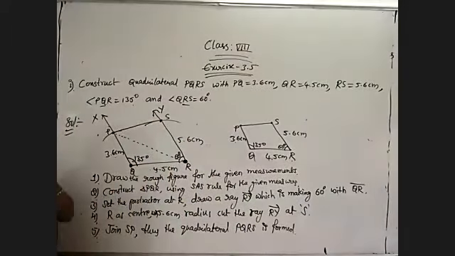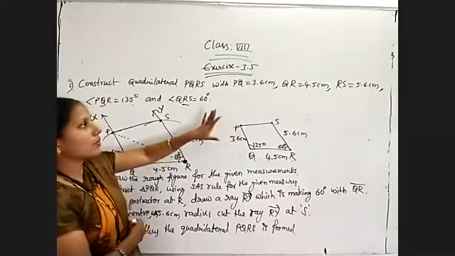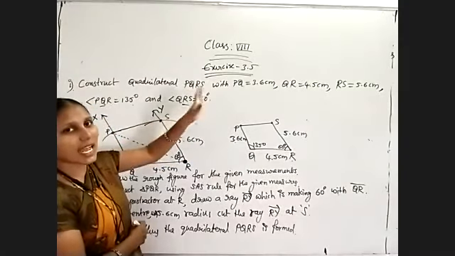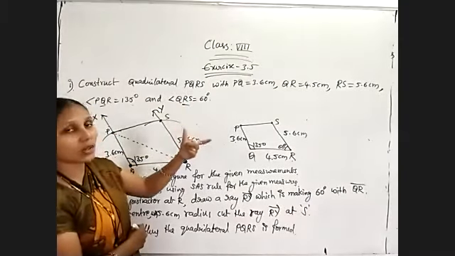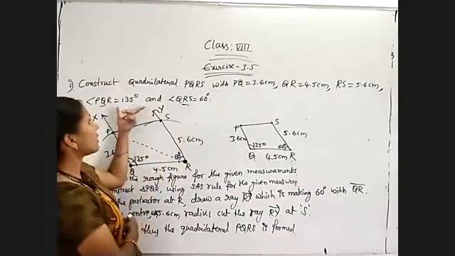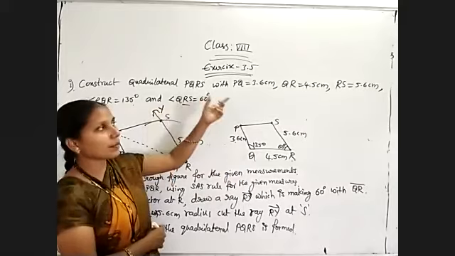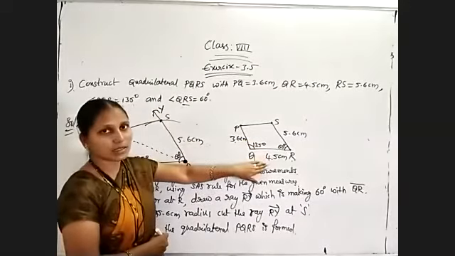Now first thing, by using the given measurements, I have to construct the rough figure. It is very simple. Side angle side means two included angles are given. Identify the two included angles, and take the side between them as the base. Here angle Q and angle R are given, so I am taking line segment QR as the base.